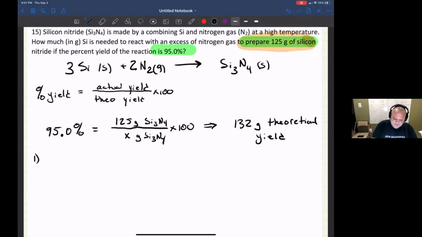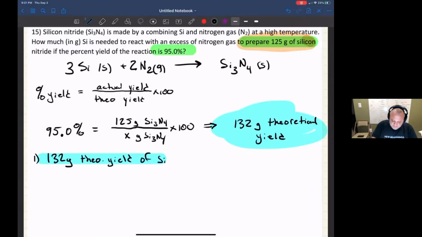And so what am I given now? This is what I'm given. I'm going to start with this information to do my conceptual plan. I'm given 132 grams theoretical yield of silicon nitride. I'm asked to figure out how much silicon is needed, so the mass of silicon. And the basic plan is to go from grams of silicon nitride